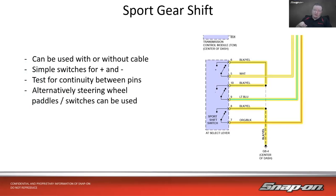So a lot of vehicles have sport mode or sport gear shift, or whatever you want to call it. Oftentimes, in order to engage that on the shifter itself, you put it into a separate gate on the side, and it has an up and down. So in this case, that's what this vehicle has. So a sport shift switch